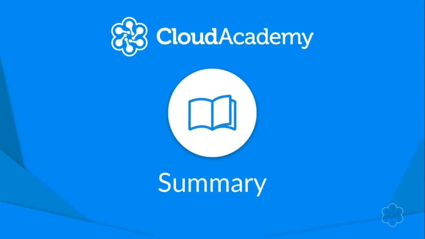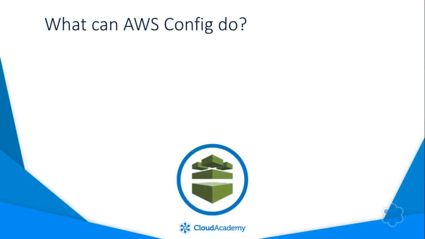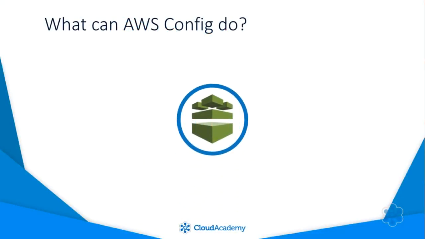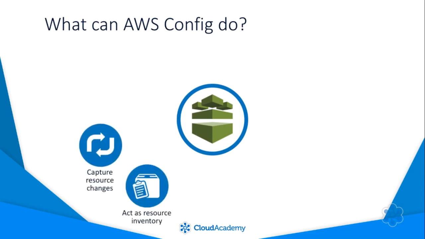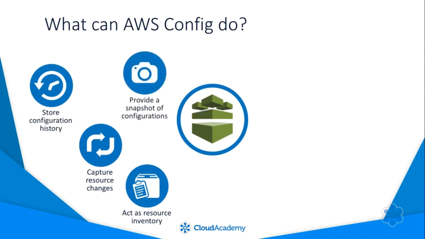Hello and welcome to this short lecture where we will briefly look at, at a high level, what we have learned throughout this course. In summary, we have identified that AWS Config is a service within the Management Tools category that can perform a number of useful functions when it comes to resource configuration visibility and compliance, such as capturing resource changes, acting as a resource inventory, storing configuration history for individual resources, providing a snapshot in time of current resource